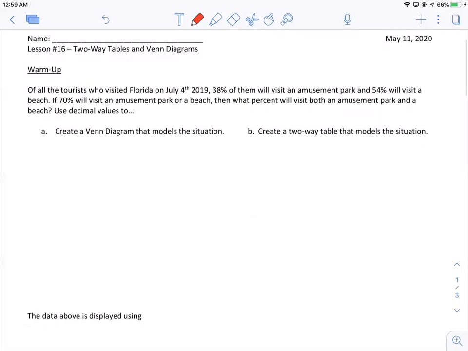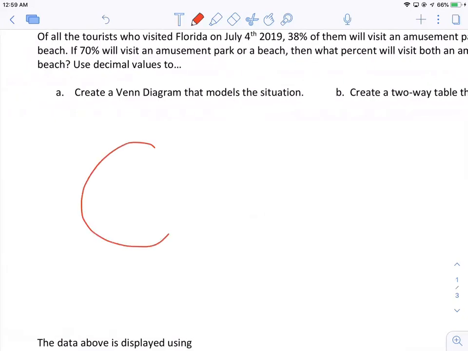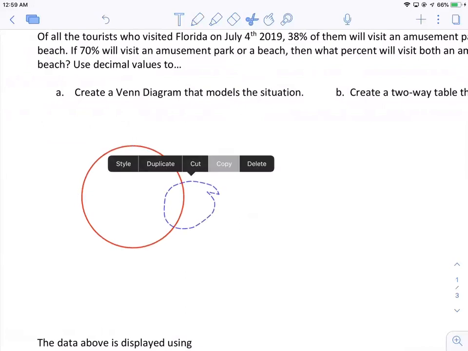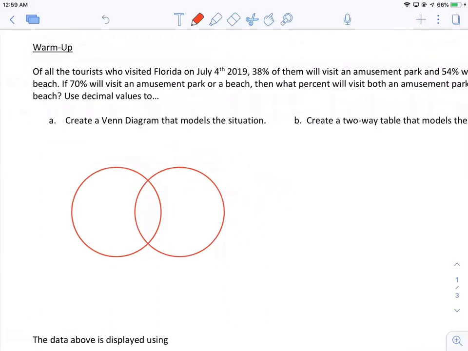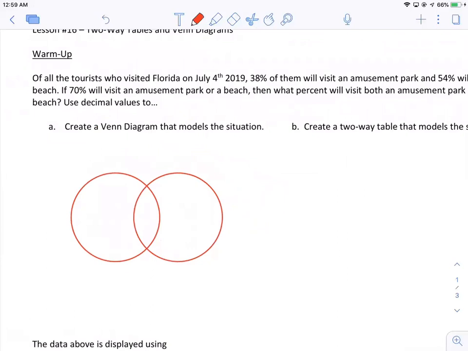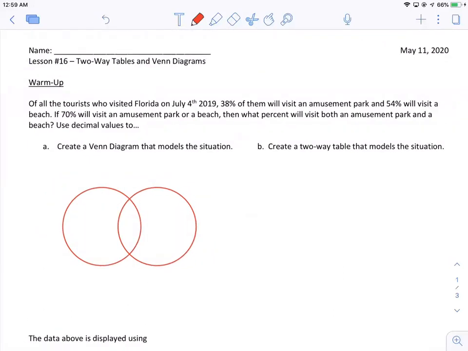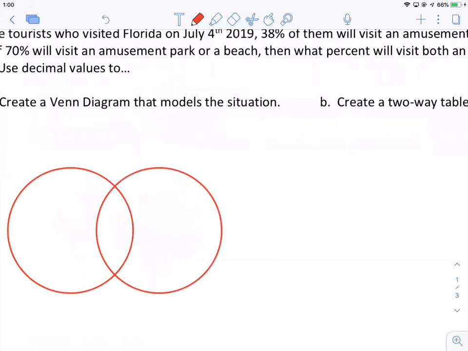All right, so first we're going to create a Venn diagram. So I will make 2 circles. And what are we going to label these circles? Well, we're looking at tourists who visited Florida on July 4th last year. 38% of them are going to visit an amusement park, and 54% are going to visit a beach. 70% will visit either an amusement park or a beach. Then what percent will visit both an amusement park and a beach? So we're looking for,